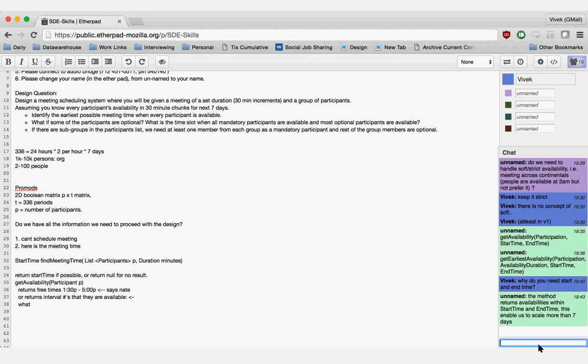So basically what I'm saying is that you will call get availability for a participant, and what you get back is an array of the interval periods that they're available in, right? You know that they're available at 3 o'clock, 3:30, 4, 4:30, and so on. Once you get that data, you don't have to store it anywhere. You don't have to persist it. What you will do is you have one